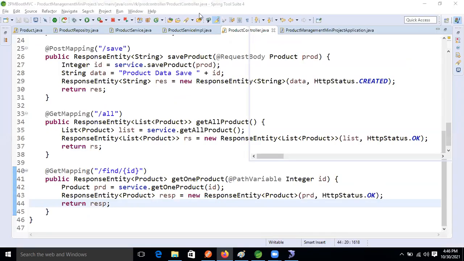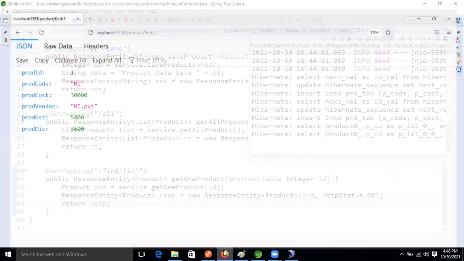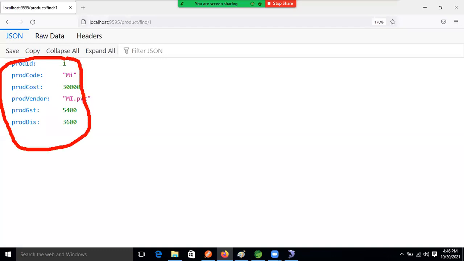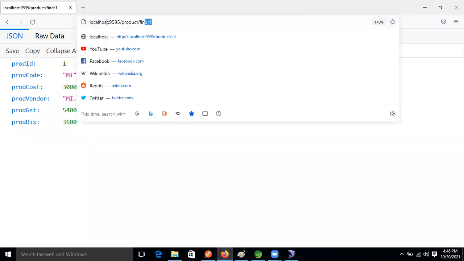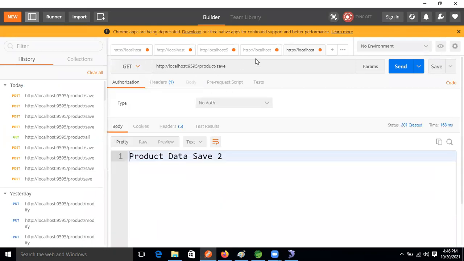See, one minute. What happened? We are getting one record, right? This time our method is executing and we are getting one JSON data. You can find here also. Now in Postman also, I'm selecting GET, and just the same method, the URL I'm pasting here.